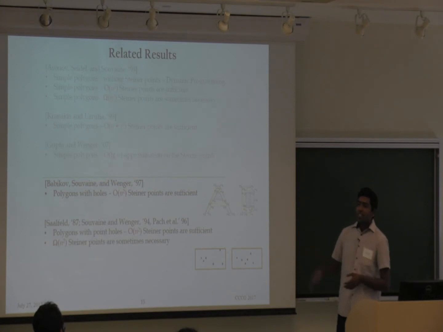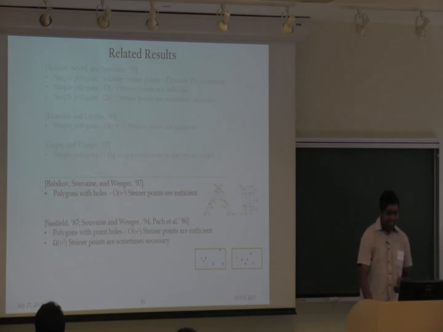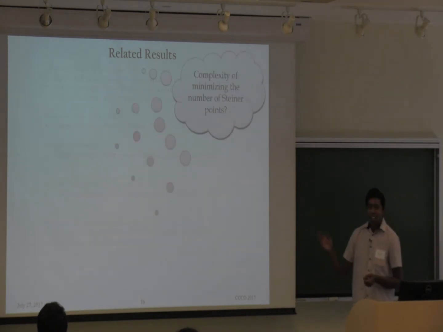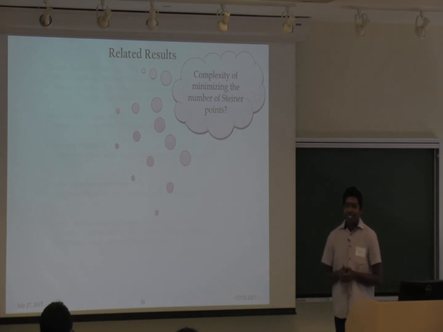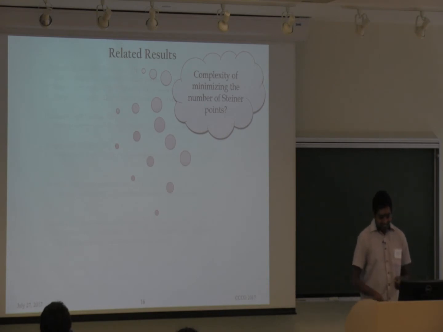Now, why I want you to show all these things is that all these papers had one thing in common, and probably you know what that is: the complexity of minimizing the number of Steiner points. All of them asked in the conclusion, we do not know the answer. So, in this